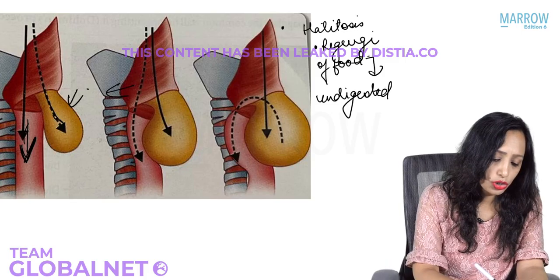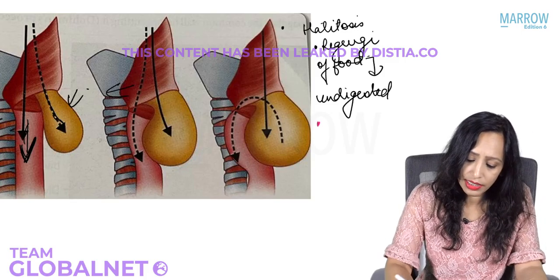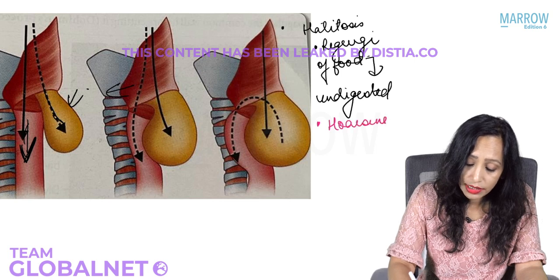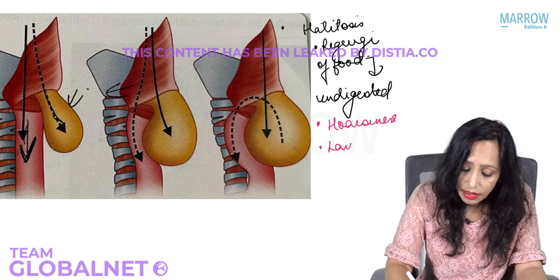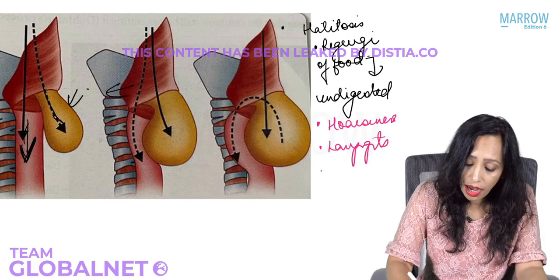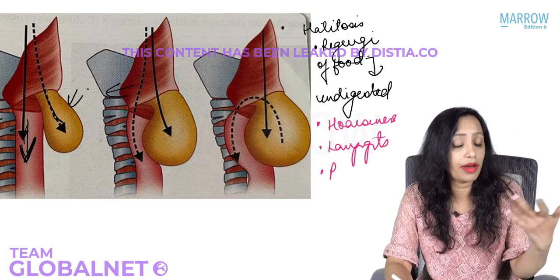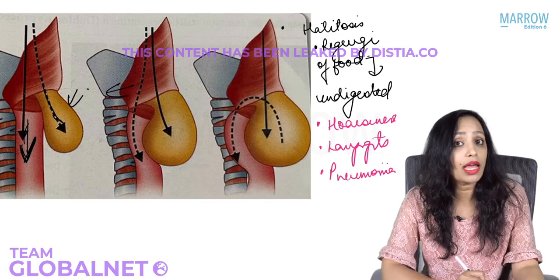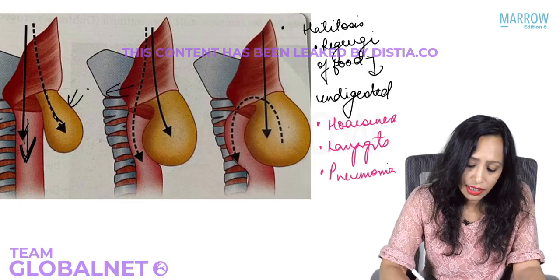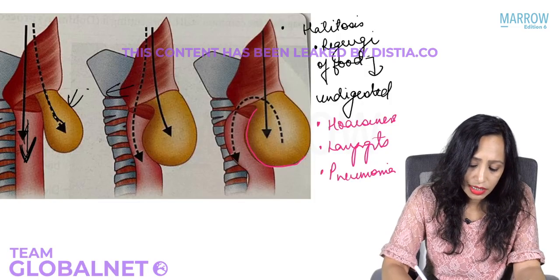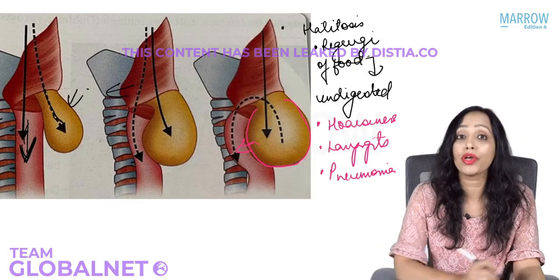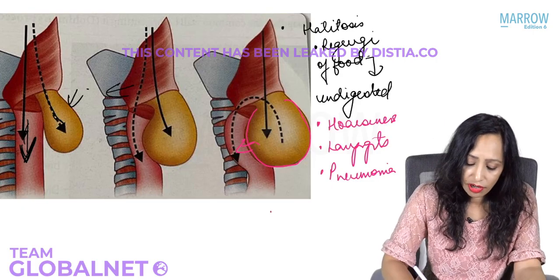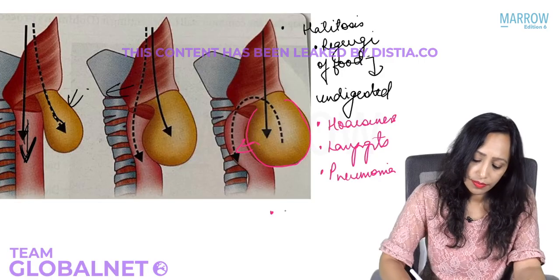Yes, also what the patient will have is recurrent hoarseness, laryngitis, pneumonias, and all this will be recurrent, lung complications. And also just see here, when this pouch has enlarged so much, can you see that this is now also compressing the esophagus? So when it compresses the esophagus, patient will have dysphagia. So there will be then dysphagia.